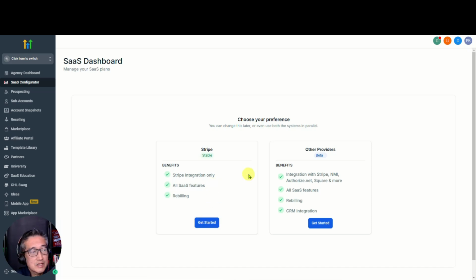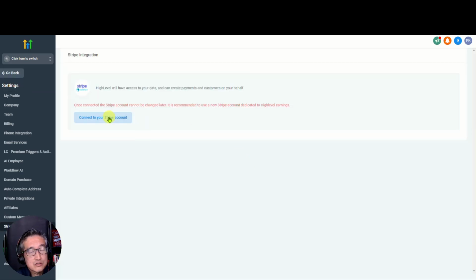So let's get started. We're going to connect the Stripe account in order for us to set up the SaaS configurator. Now, for those that don't know what SaaS configurator is, basically it enables you to configure when somebody signs up to your SaaS, it automatically sets up all the sub account information. And that's the benefit of having the pro account because you're able to do that automatic setup as well as